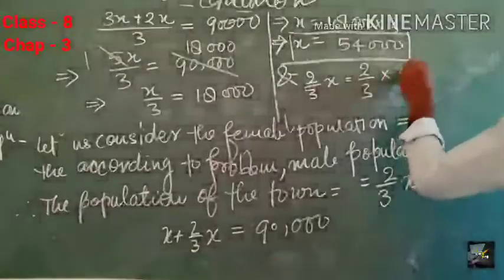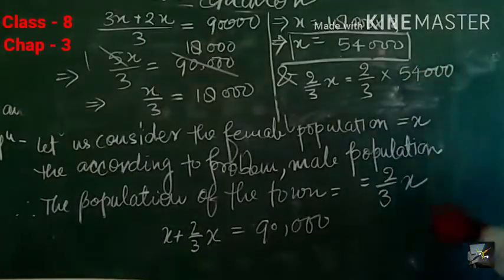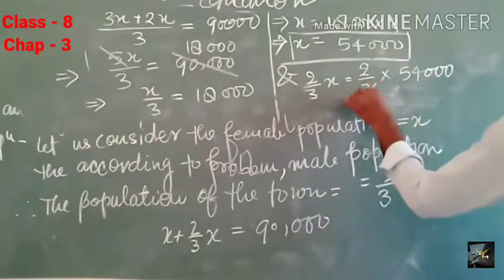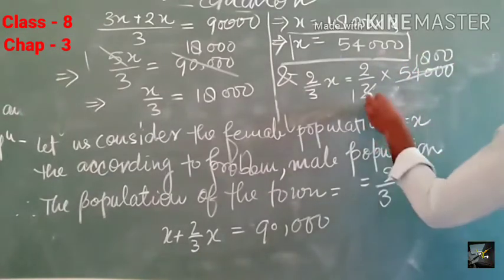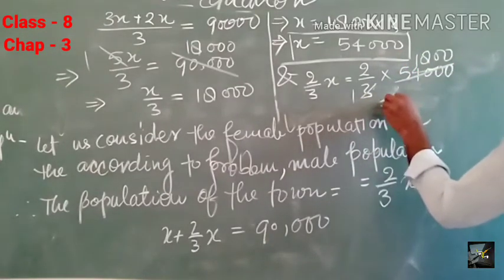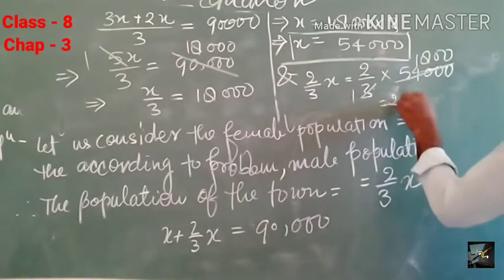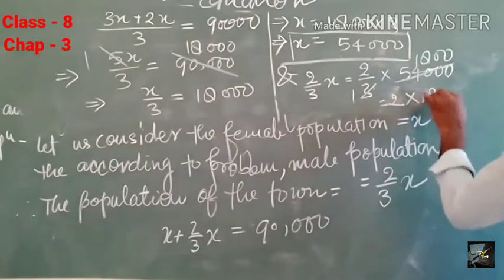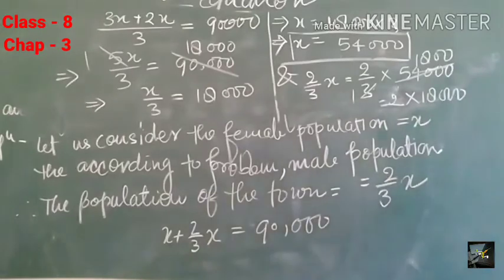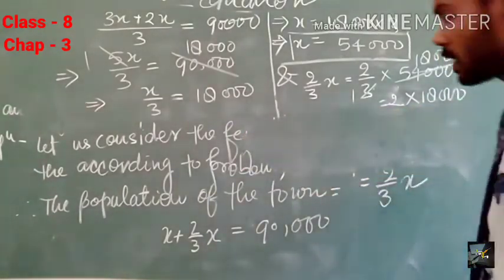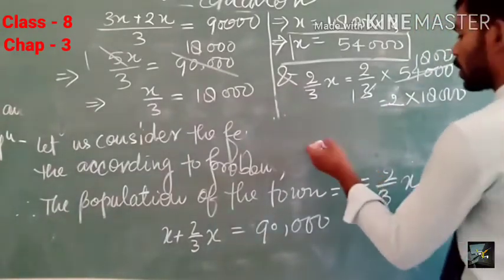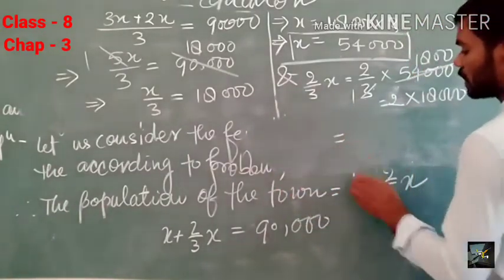So we write 2/3 times 54,000. After solving, 3 1s are 3 and 18 3s are 54, which will be equal to 2 multiplied by 18,000. So 18 2s are 36, and here we get the male population of the city is